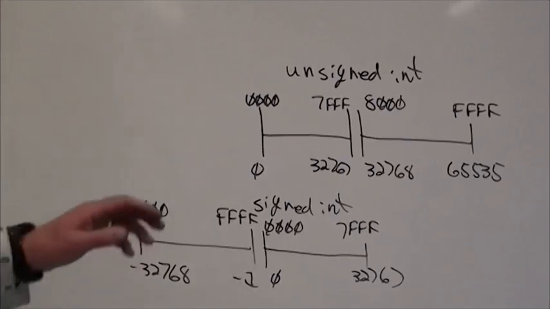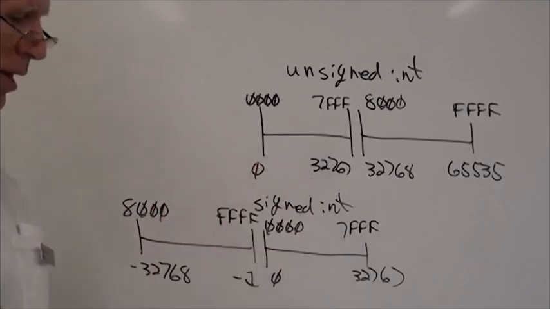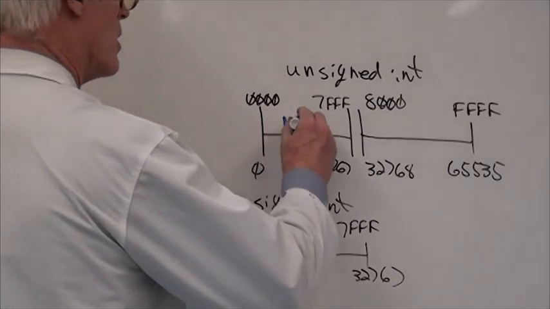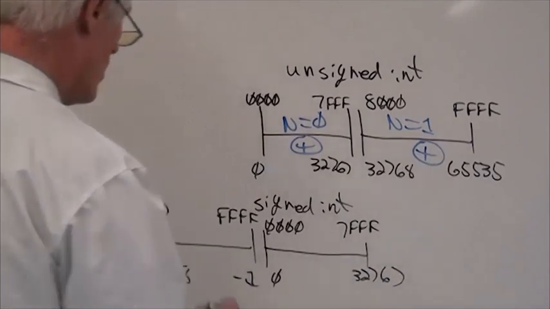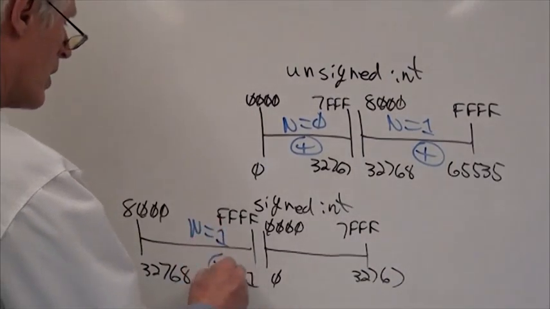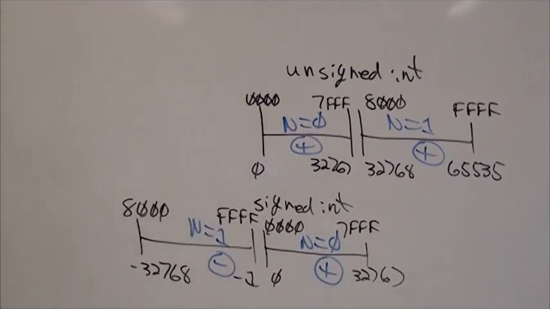Okay, let's take a look at unsigned integer and signed integer. On any term test or anything, I'm never going to ask you to do this by hand because it's a little more tedious. But we're going to take a look at the differences between these. Notice, in this case, as we saw before, n is 0, positive. N is 1, positive. Over here, n is 1, negative. N is 0, positive. So instead of having 256 different numbers, we have 65,536,